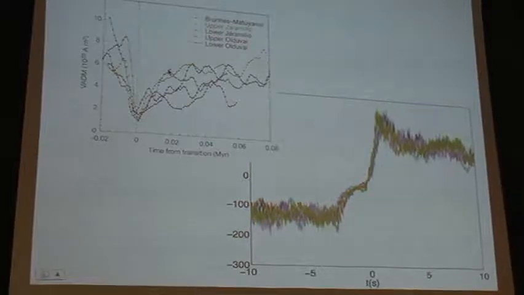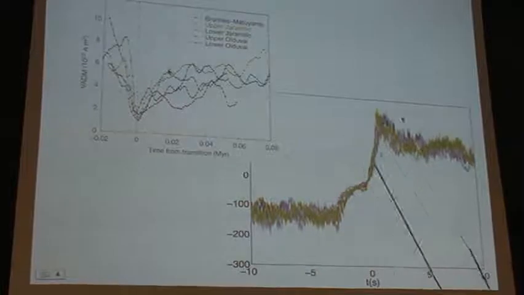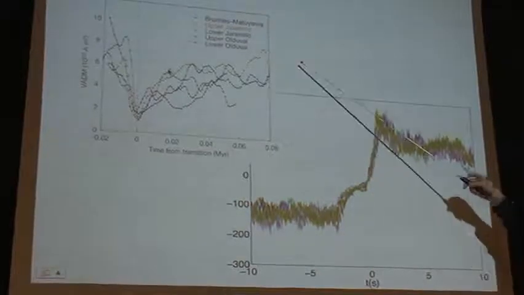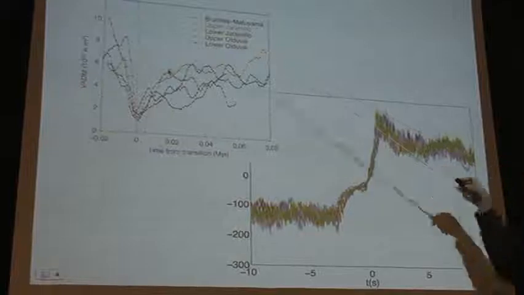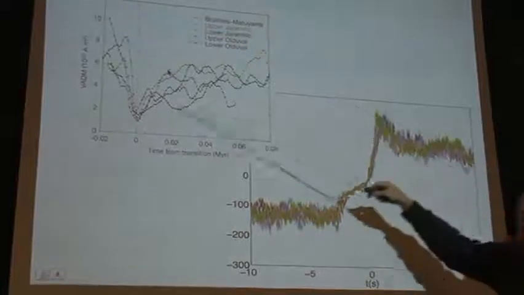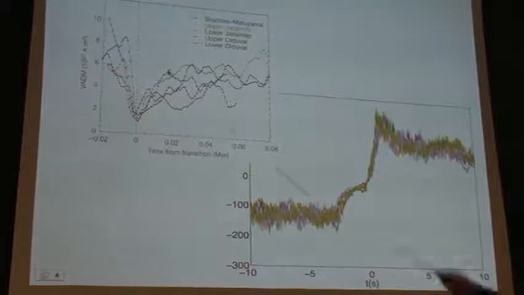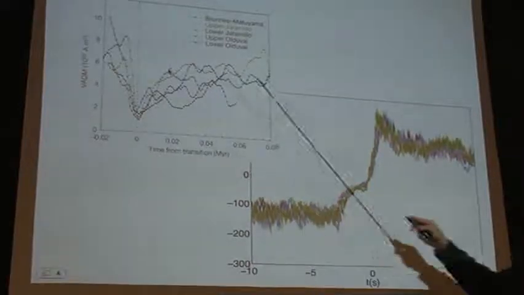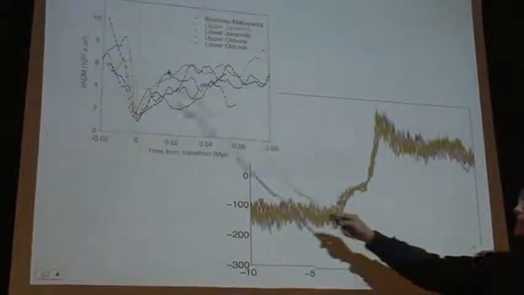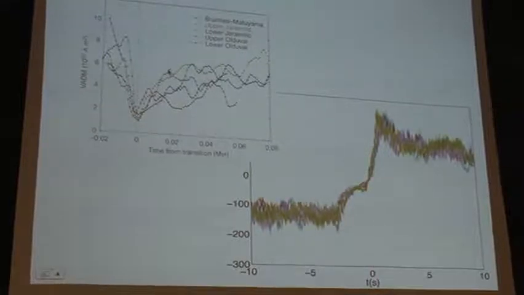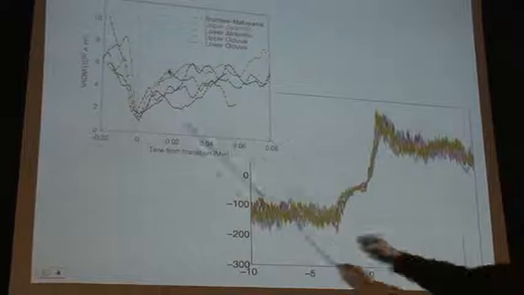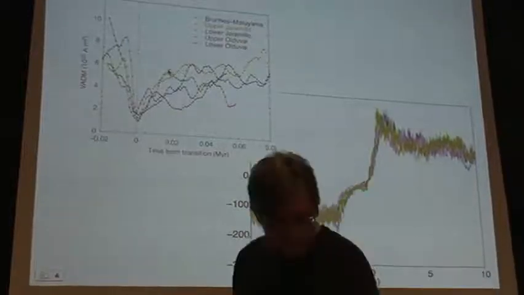Among the features it shares with the Earth, this is not unlike what people have been able to reproduce for reversals in the Earth, where time goes backwards for these guys. It decays slowly and then it grows back again with a much faster amplitude. Again, in the Earth, this time scale is of the order of the Joule dissipation in the iron core, and this is a much faster process.